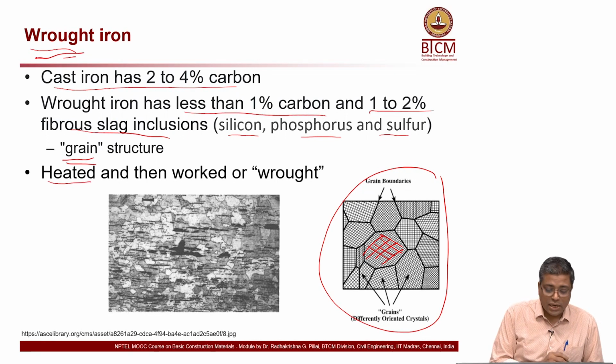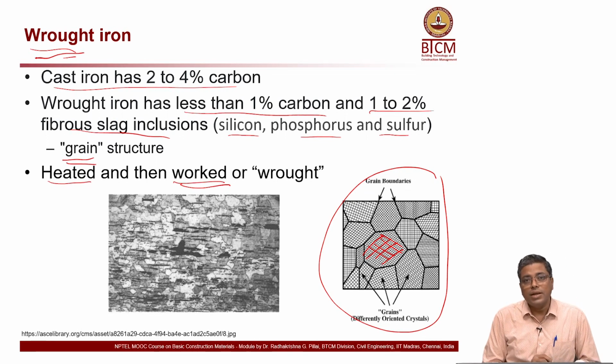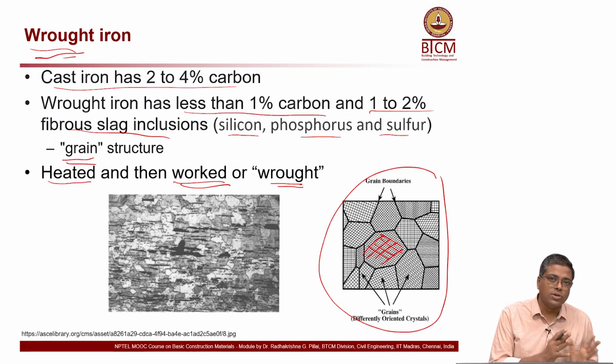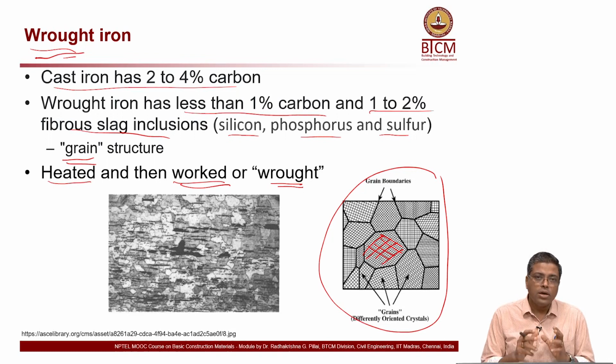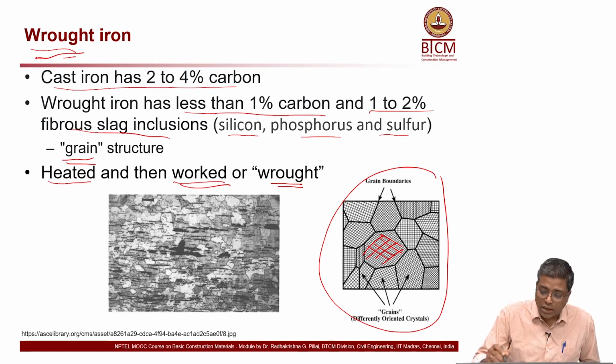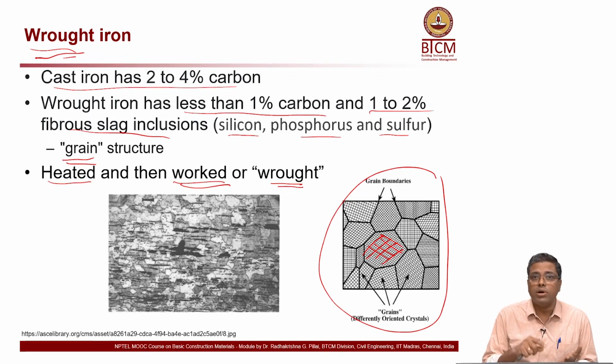It is heated and then worked, and the word wrought comes from the word worked. So, it's similar to a strain hardening kind of process. It's bent, and during the manufacturing process it's not just casting like in the case of cast iron. Here you also have cold working involved when we talk about wrought iron. Now, the main thing is it has slag also as an ingredient,